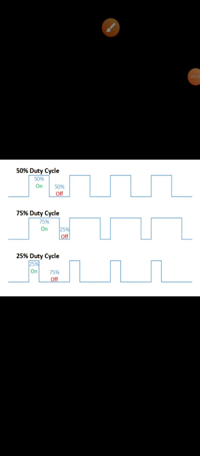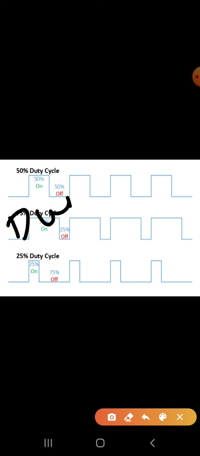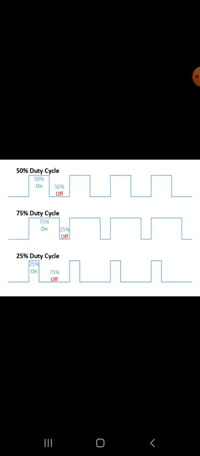Now I want to describe the duty cycle. The duty cycle describes the proportion of on time to the regular interval or period of time. A low duty cycle corresponds to low power, because the power is off for most of the time.